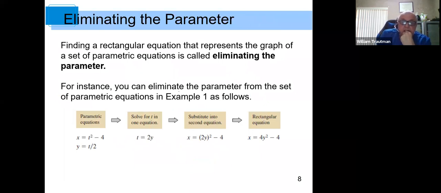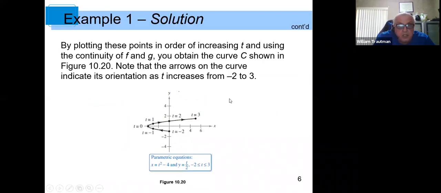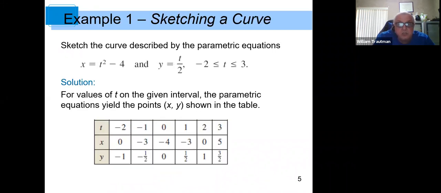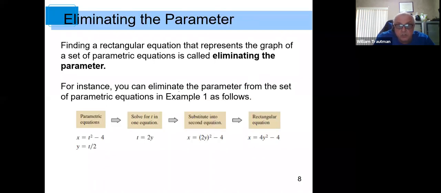Now to find the actual rectangular equation. So we have the parametric equations. We want the equivalent rectangular equation. For that problem we just had, we would like the equivalent rectangular equation. This is not the same one that we're doing, but it's okay. Yeah, it is t squared minus 4 and then t over 2. Okay, so what we have to do first,